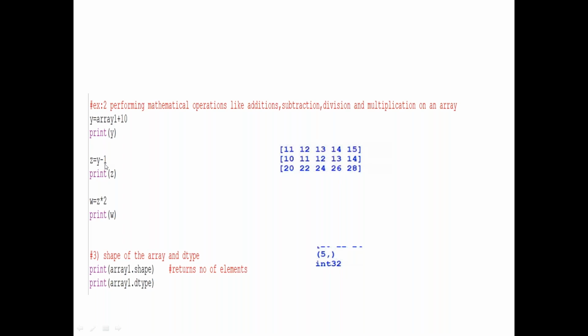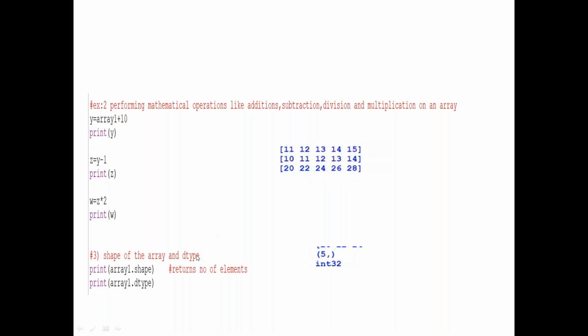Since it is an array, I can do any mathematical operation. So y is 11, 12, 13, 14, 15. When I use minus 1, the system converts it to 10, 11, 12, 13, 14. Now on z, I'm multiplying with 2. So 20, 22, 24, 26, 28. And when you print w, you can see the last row: 20, 22, 24, 26, 28.